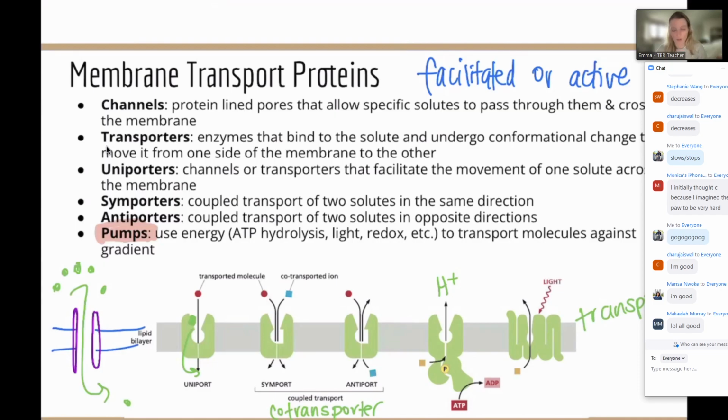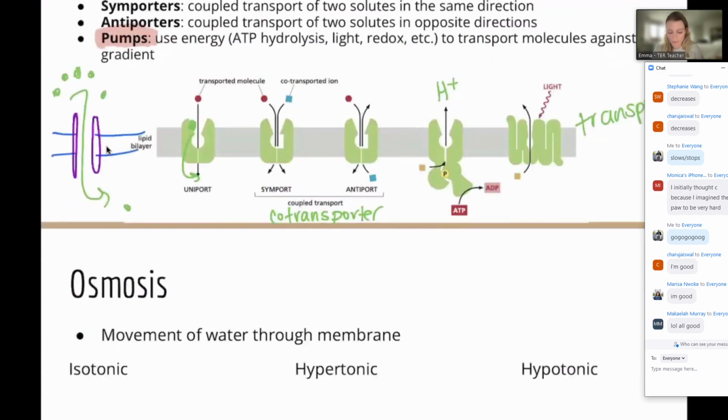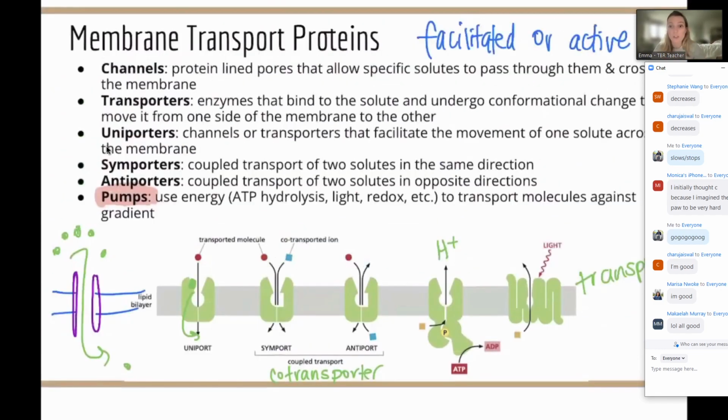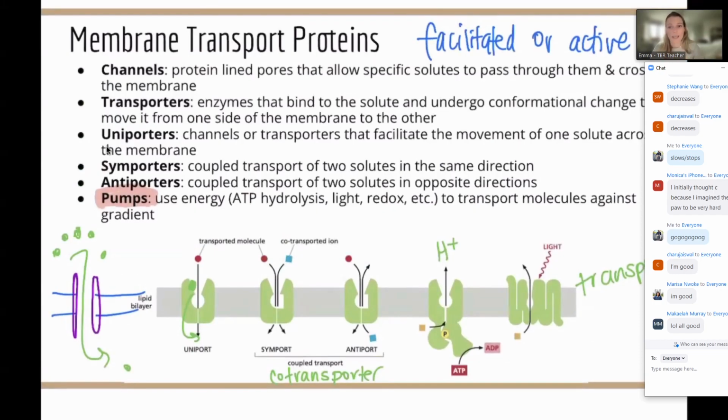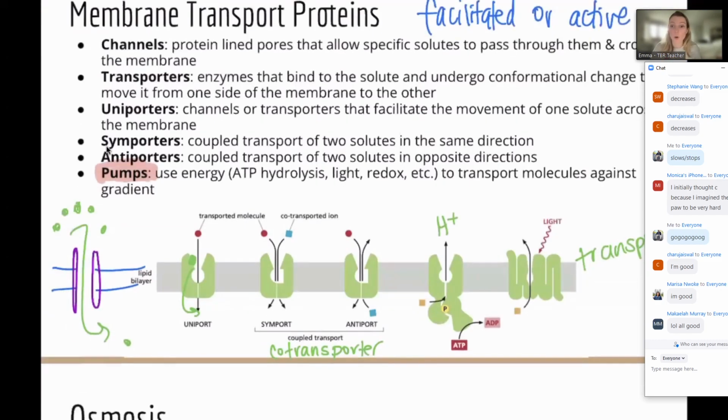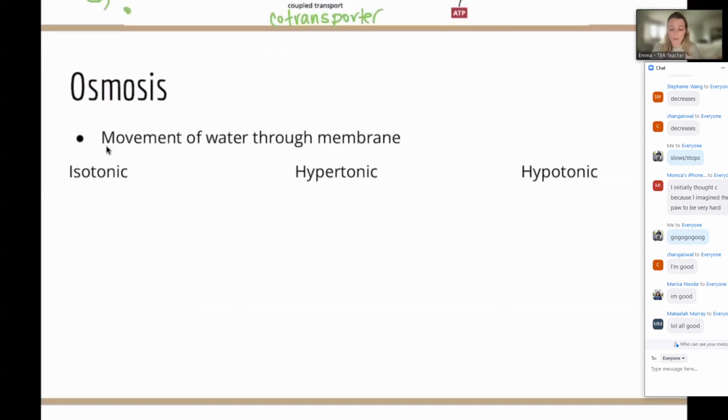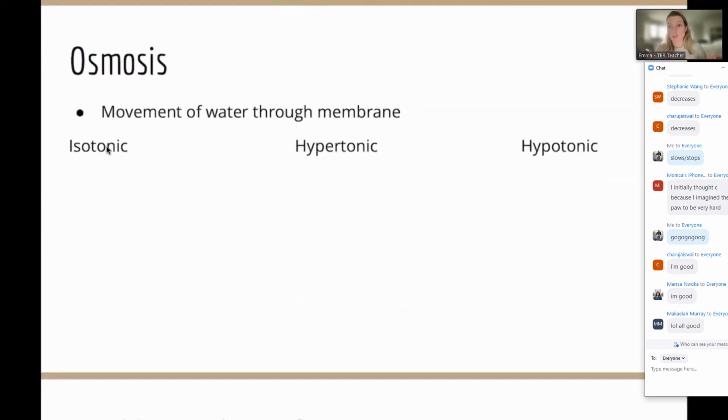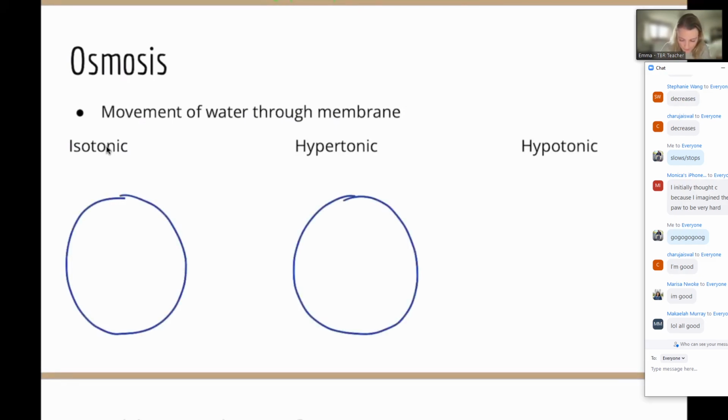When we think about other movements, these were examples of membrane transport proteins, so the solute or the gas is moving via this protein. Compared to an example where we don't have any proteins, or something in the membrane is happening where we can't actually move the solute. Our other option is osmosis, which is the movement of water. And there are typically three settings for this, or three examples.